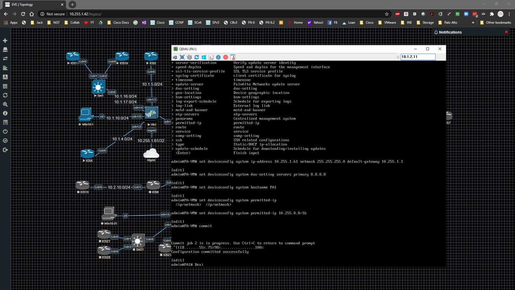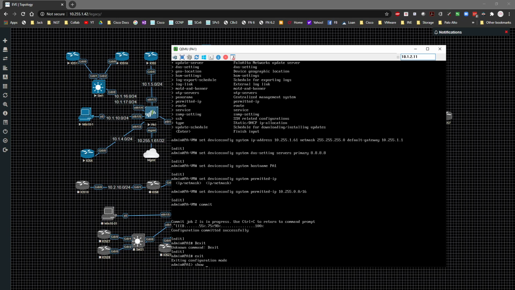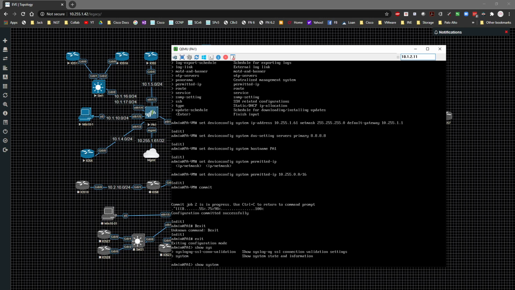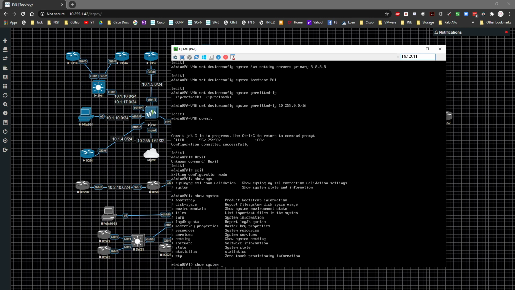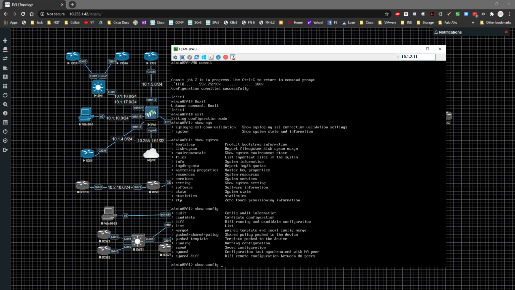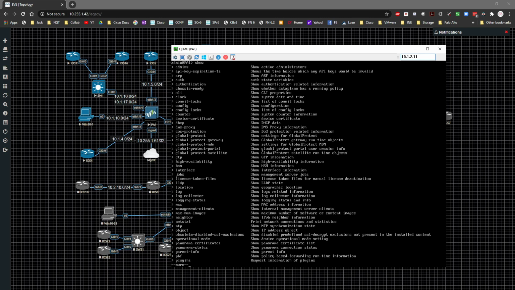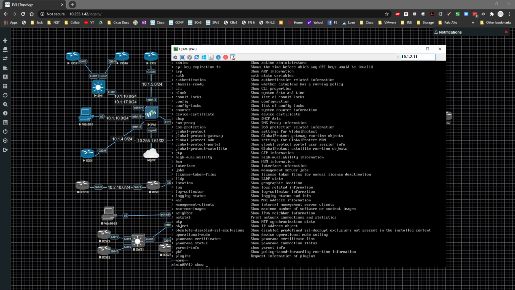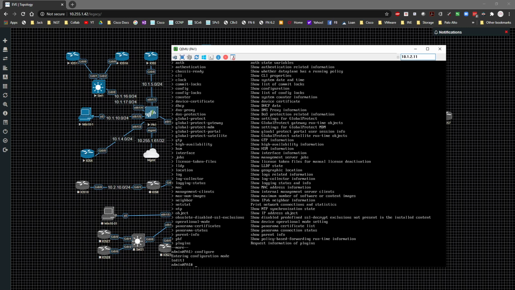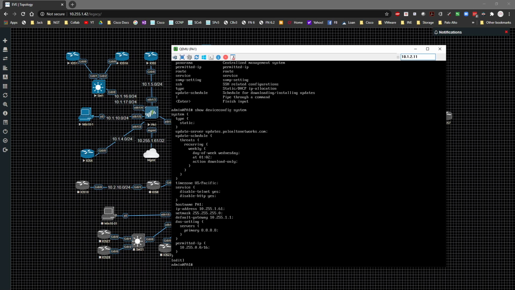So if we exit out of here, and we do a show system, and we look at the, it's the show config. No, what is that command? Actually no, sorry, I have to go back under configure. It's show device config system. There we go. So we can see that the type has moved to static, and that we've got the host